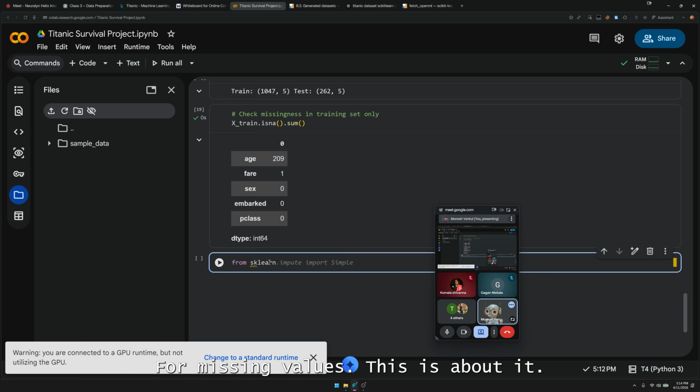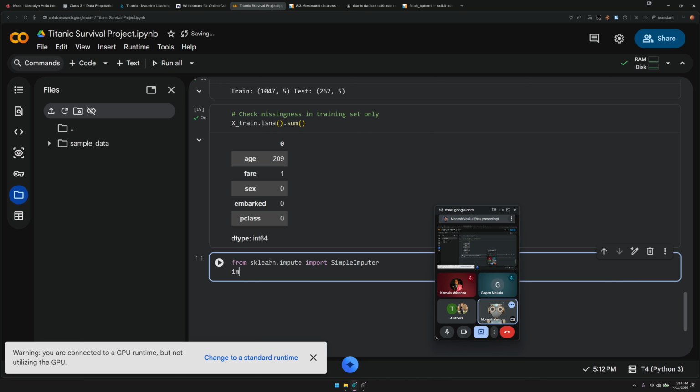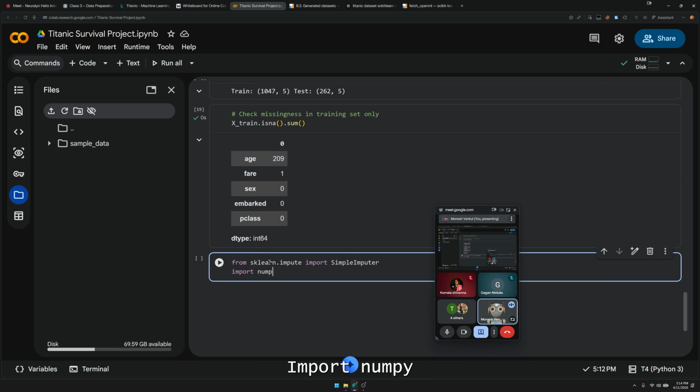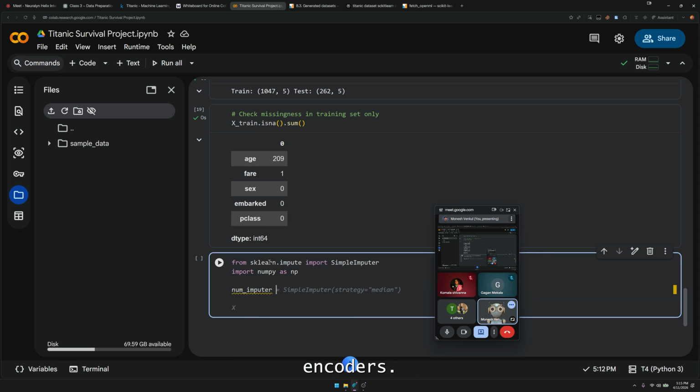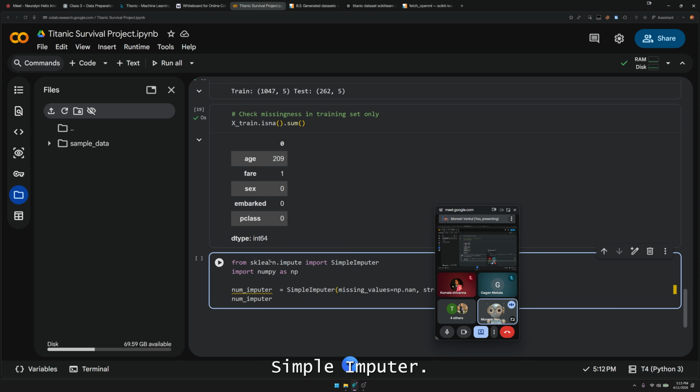From sklearn.impute import SimpleImputer, import numpy as np, numImputer equal to SimpleImputer, missing values